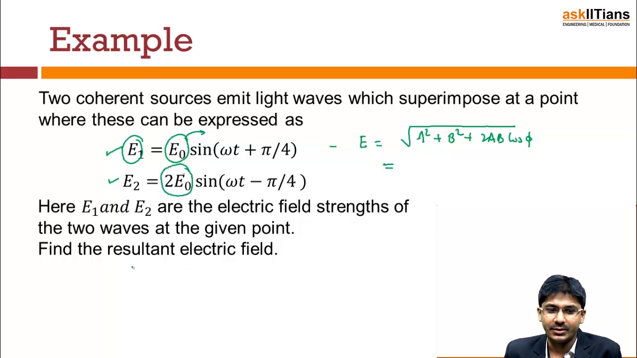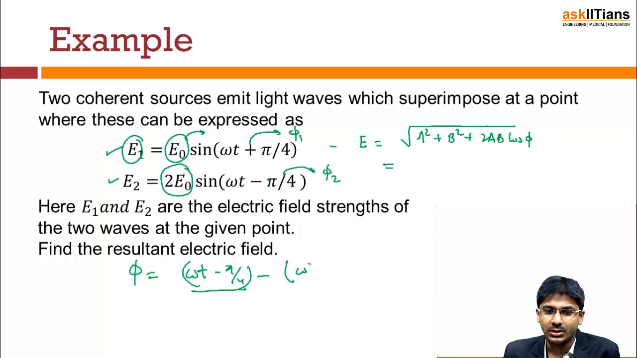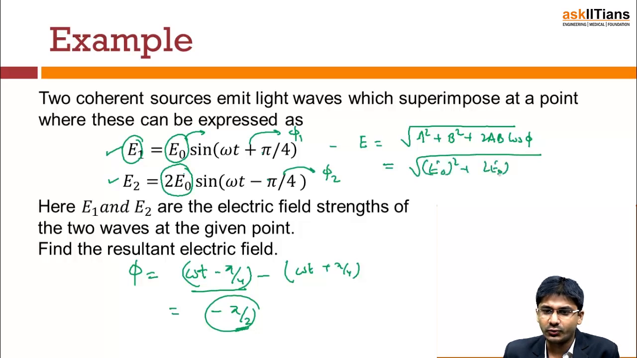What is phi? Phi will be phi 2 minus phi 1, right? So omega t minus pi by 4, this is phi 2, and this is phi 1. This whole thing is the phase. You have to keep this in mind. So this is this minus (omega t plus pi by 4). What you get is minus pi by 2. Right? Put the values here. What you get is root over E0 square plus 4 E0 square plus 2 times A